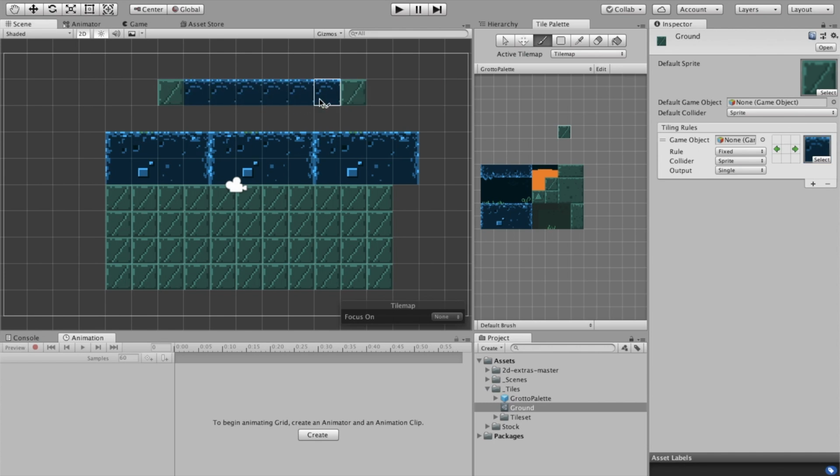So now when we draw, it says this tile has something to the right and the left, so it needs to be this tile. And it does the same for all of these, and then it got to these two tiles in the end and said, well, there's nothing on either side, so it needs to be the rule tile. So let's set up these corner pieces here. So we need to say, whenever you're a corner piece, there needs to not be something here or here, correct? But there does need to be something